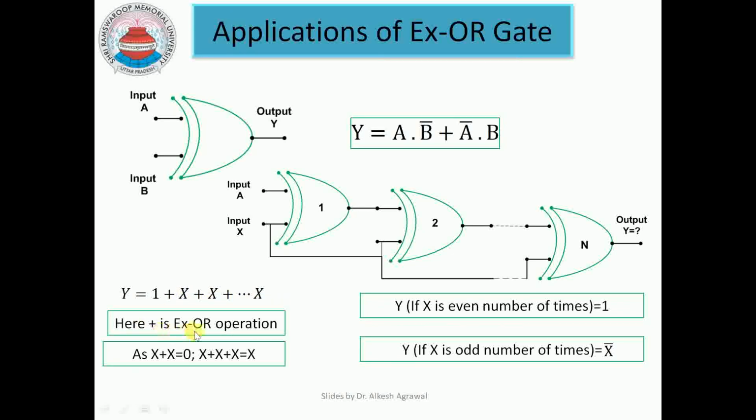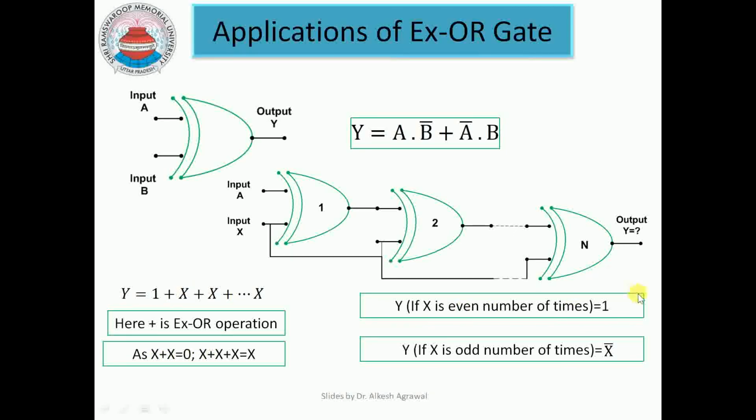Here this plus sign is for the exclusive OR operation, and one important thing that you have to remember is, if the number of variables is even, we get 0 output, and when the number of variables is odd, we get the same output as variable x. So this is important. Depending upon the number of gates, we get different outputs. That is, if the number of gates is even, that is, the number of x is even, all these values will be nullified, because as I already told you, if the x variable occurs an even number of times, we get 0.